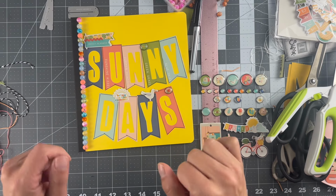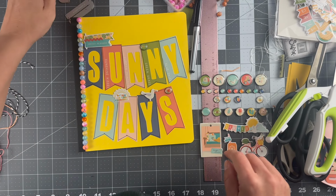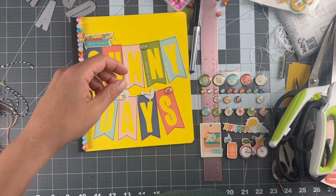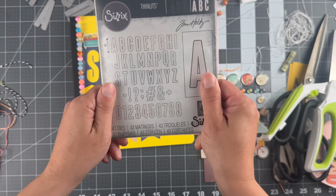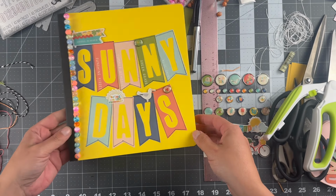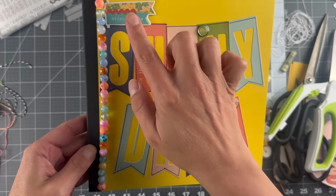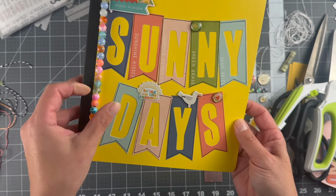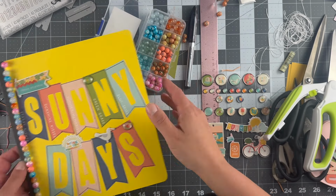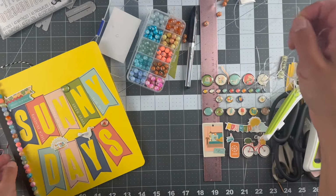Okay, there's my cover. Turned out so cute, right? Okay, so remember that the letters that I used were this Tim Holtz set that I've had forever. It's a good solid set to have. And so yeah, just using the cover as the color behind it. Added a few brads, 2 chipboards, and 1 cute sticker, and then my lovely little beads from the kit that's included. Now, I did start off with the thread that came with it, but I did cut it off,